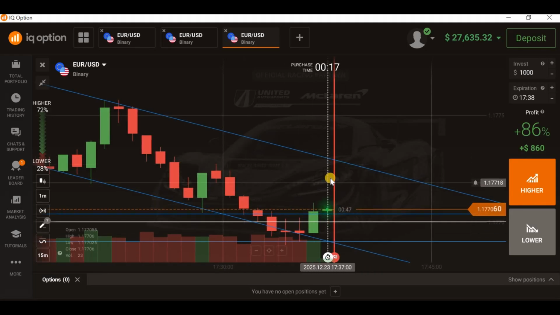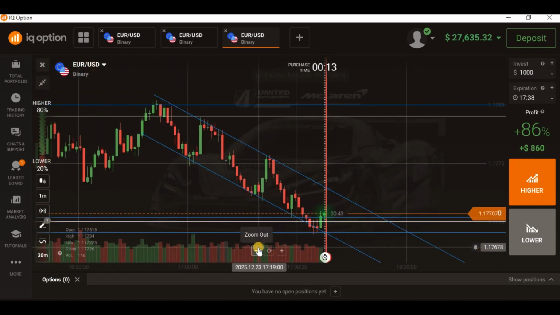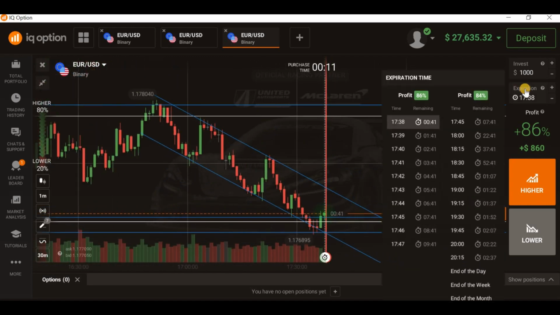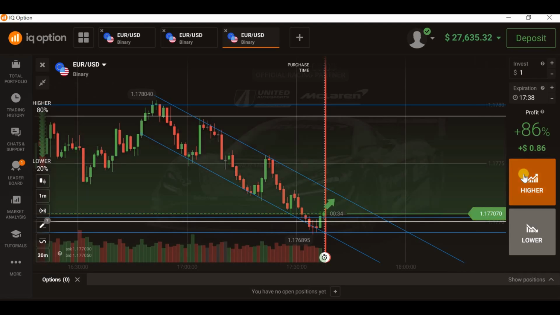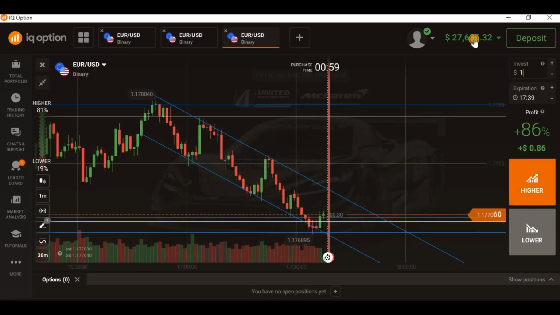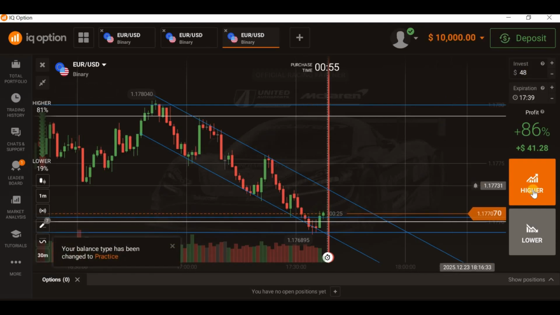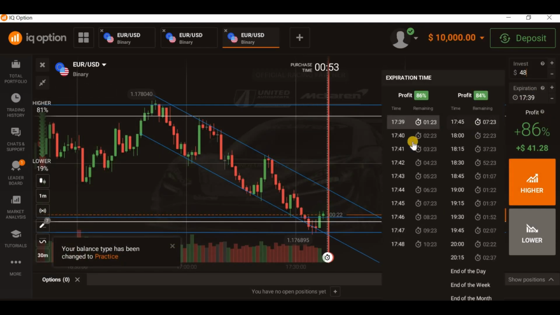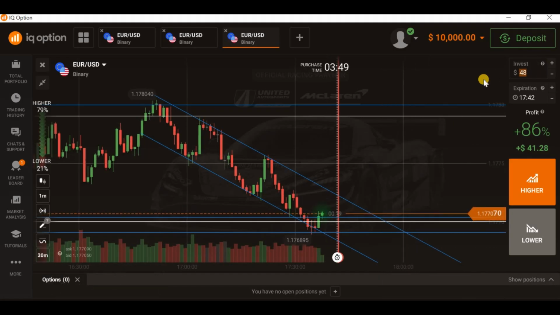So you see how you can predict price movement. The market is not really good, so I can come here and do a trade. Like I said, I don't want to trade. I want to save my Christmas money. Yeah, so from here now you can do a trade. I can even go now to demo. Yes, I will take it to demo. You can do a trade here for 3 to 4 minutes, and then